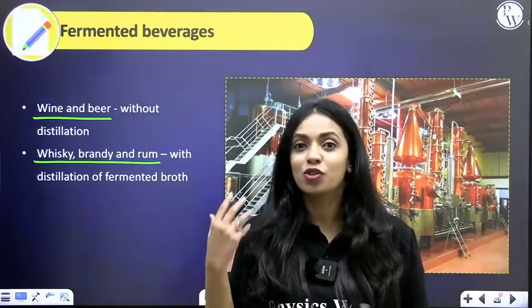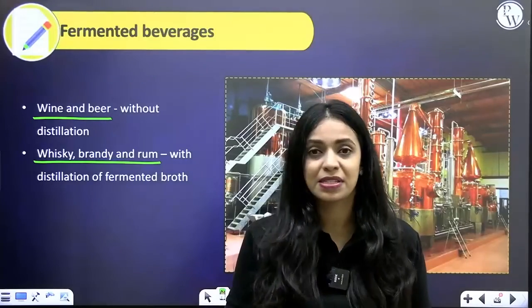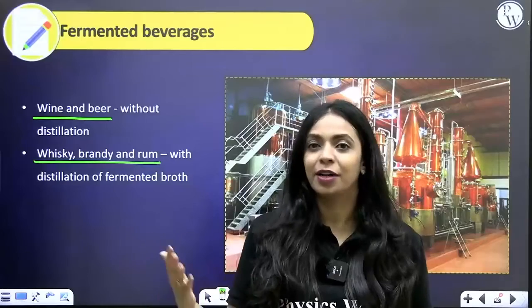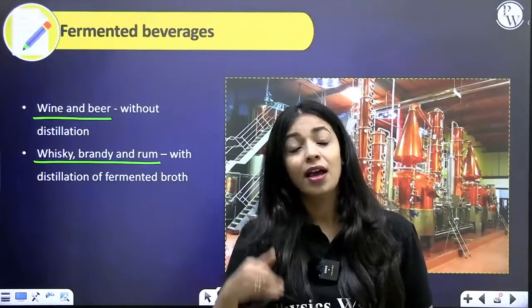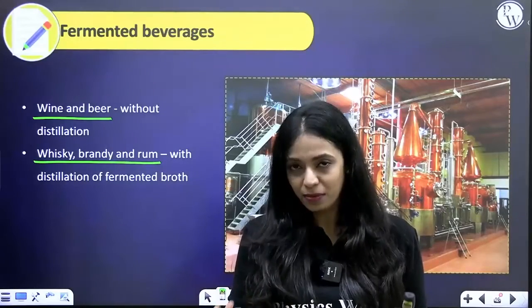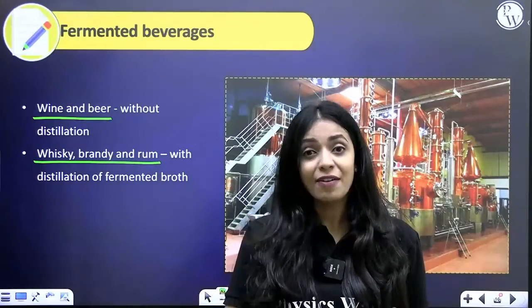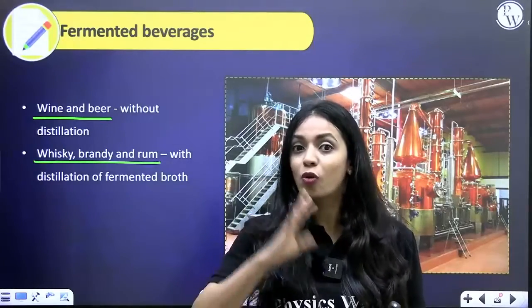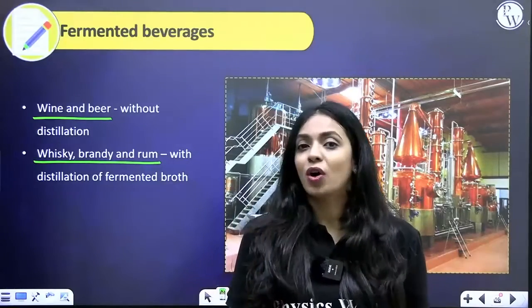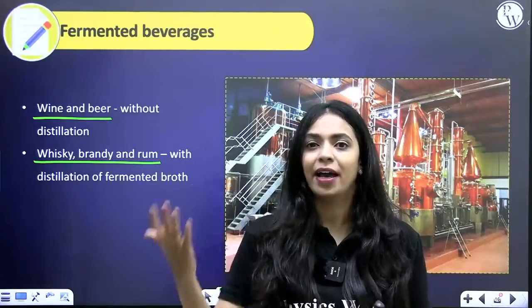Once the percentage of alcohol in the medium is between 12 to 15%, or sometimes 10%, the yeast will die. They themselves cannot tolerate that high an alcohol content. So the maximum percentage of alcohol that can exist in a medium is 15%. But you've seen how certain alcoholic drinks have an alcohol percentage of 40% or over. How is that possible? Yeast itself is not involved in producing alcohol of that high percentage.